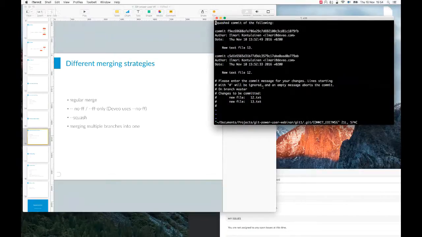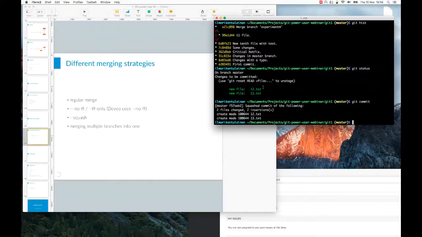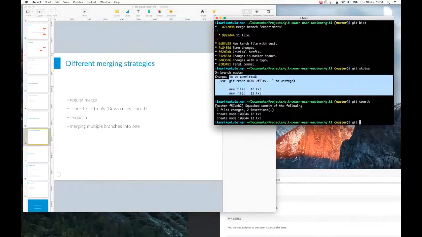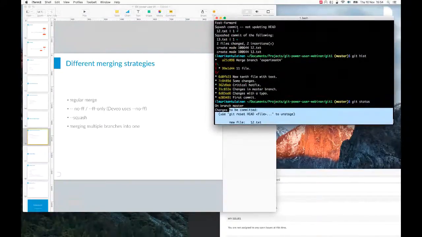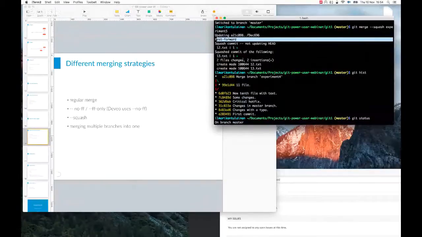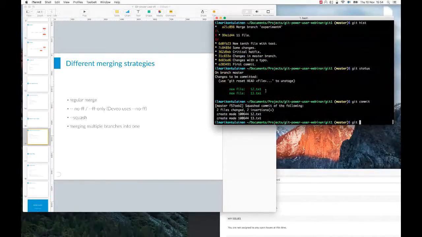and this will then show what commits are actually squashed, and we can even edit the commit message if we want, but I guess this is okay. But so basically, after the commit, even though this change would have been a fast forward merge regularly, if we wouldn't have specified the squash switch, now we did it without explicit commit,